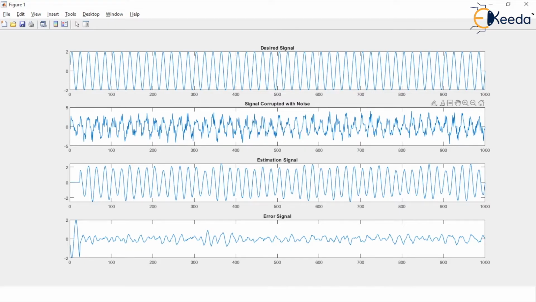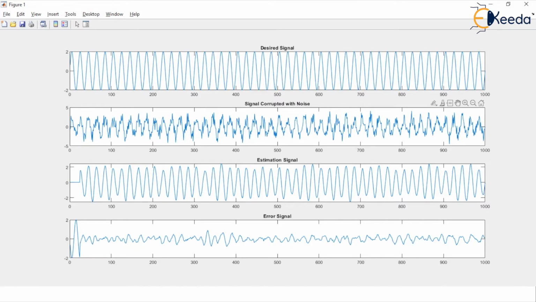What is desired, what is expected, we have displayed in the first row, first column location, whereas in the second entry we have a randomness added to it. That is why you see some kind of distortion to the earlier signal. So this is the signal corrupted with noise.